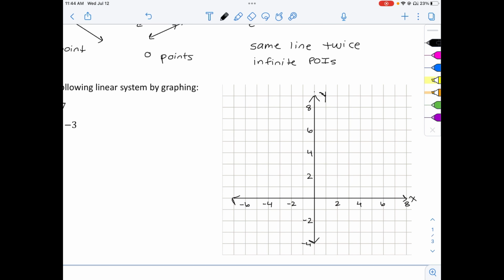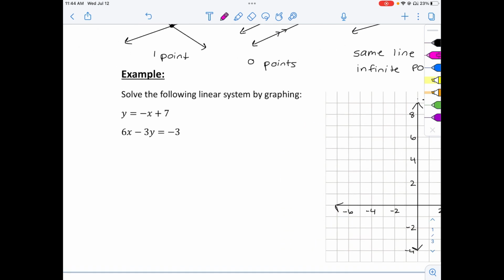Okay, so if I take a look at my first equation here, it's already in slope-intercept form. So my y-intercept is 0, 7, okay, because my b value here is 7. And then my slope, there's no number written in front of the x, but when that's the case, you can assume that it's a 1. We don't need to write the 1 as a coefficient because it's kind of redundant. So if it's just x, then it would be positive 1. In this case, it's negative x, so our slope is negative 1, which we could represent as negative 1 over 1 if you want to see it as a rise over run version of the slope.